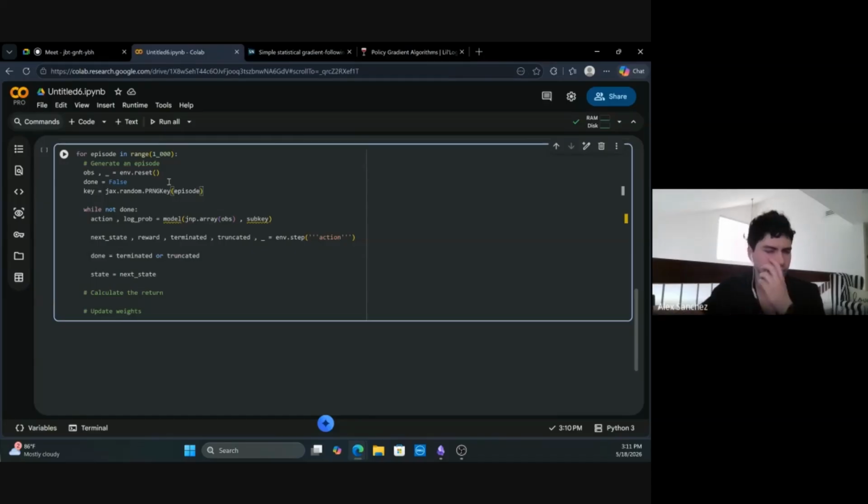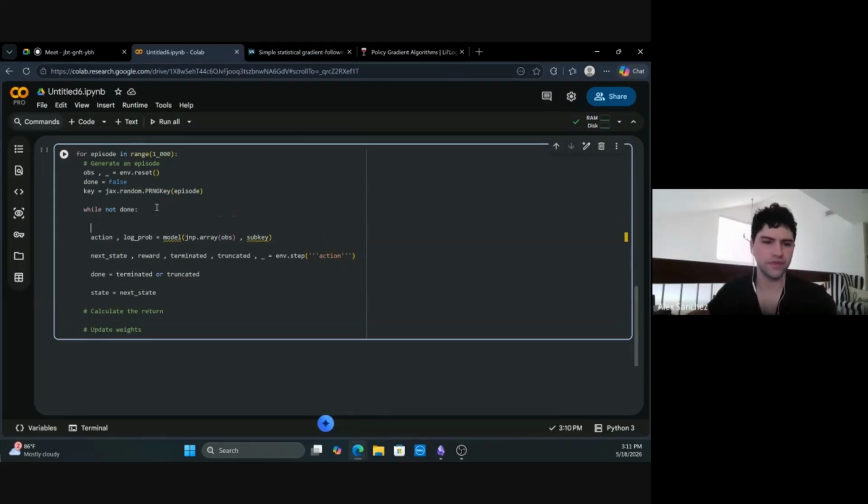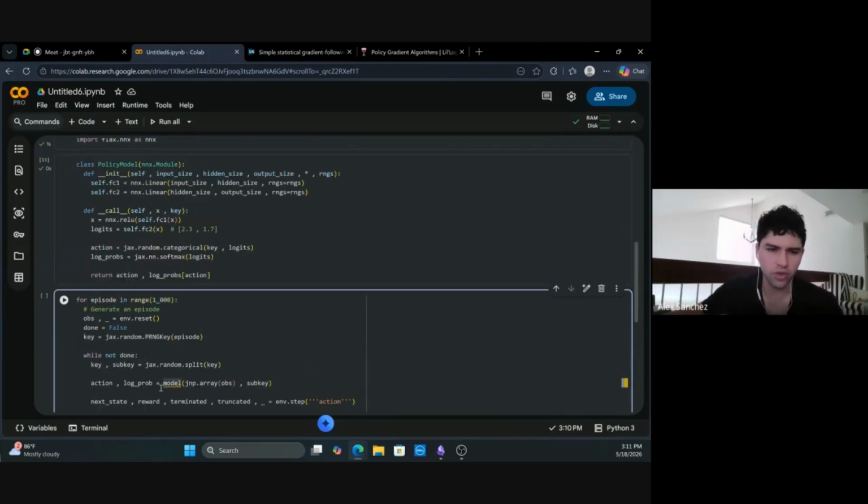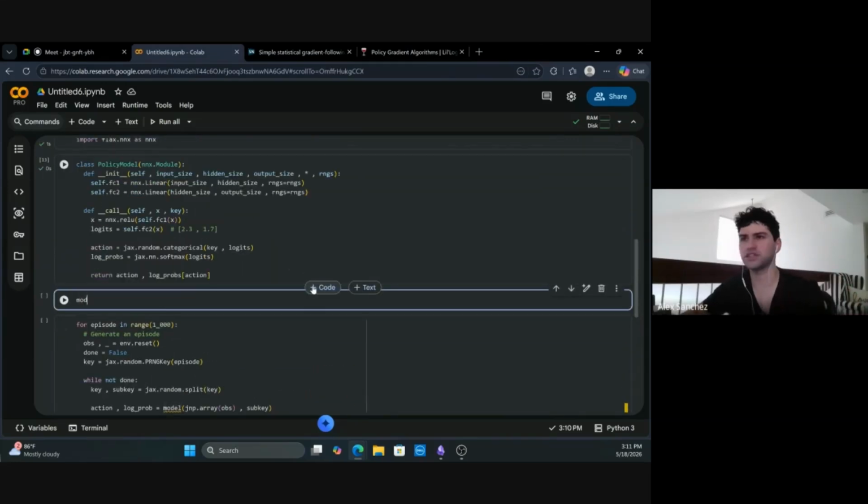Let's just do it by episode, right? It's just a random number. This allows us to reproduce whatever we have. We have to split the key whenever we want to perform some action on it into a subkey. So let's just split the key into two. And you see here, we don't have our model initialized. Let's initialize it here. We have our model,